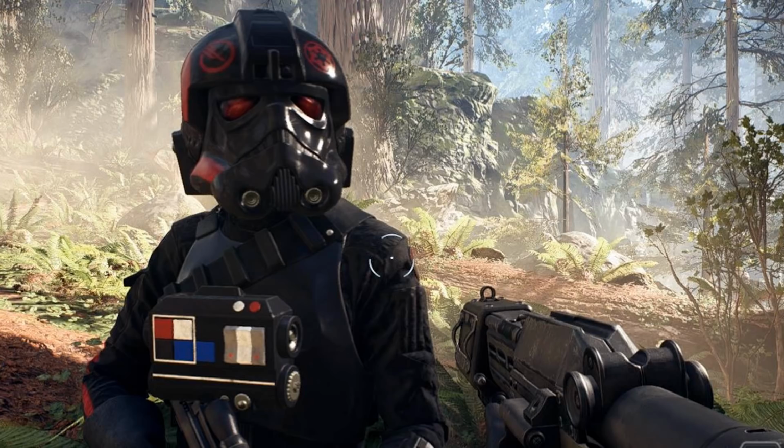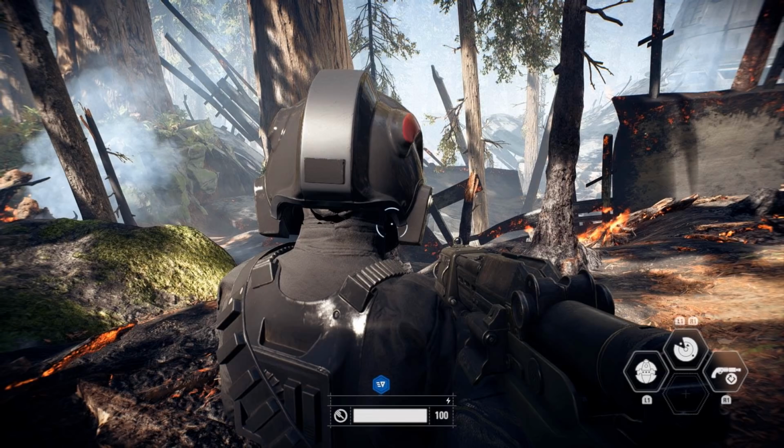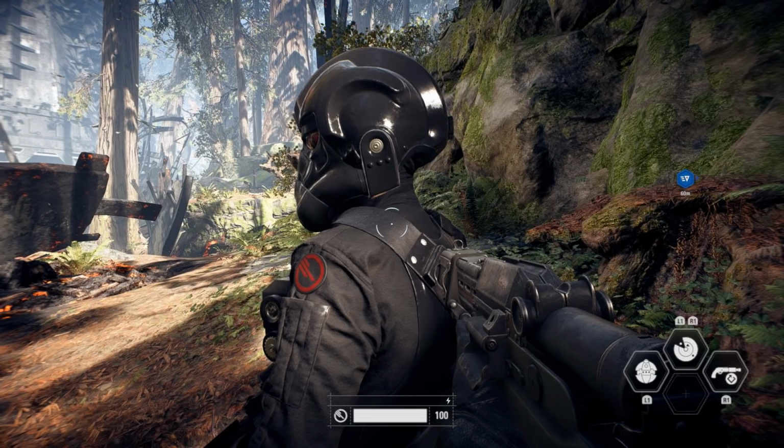So, the Inferno Squad helmet in the game is actually based off of the Rogue One style TIE Pilot helmet. It's a bit different to the original trilogy helmet. I got my kit from a maker called DA Props here in the UK. It started life as an original trilogy TIE Pilot kit, but it's been converted into the Inferno Squad helmet. It is made from a black acrylic capped ABS plastic, and they are vacuum formed over bucks to form the